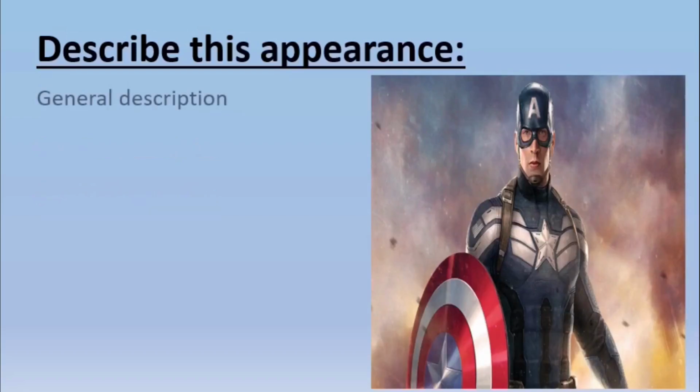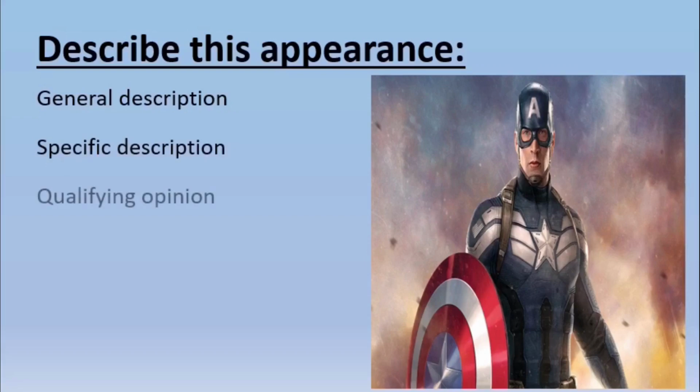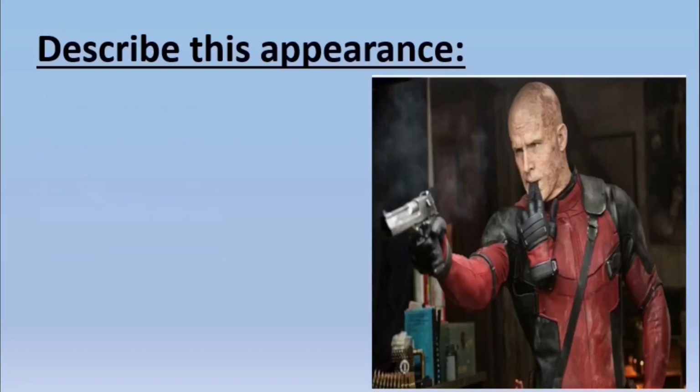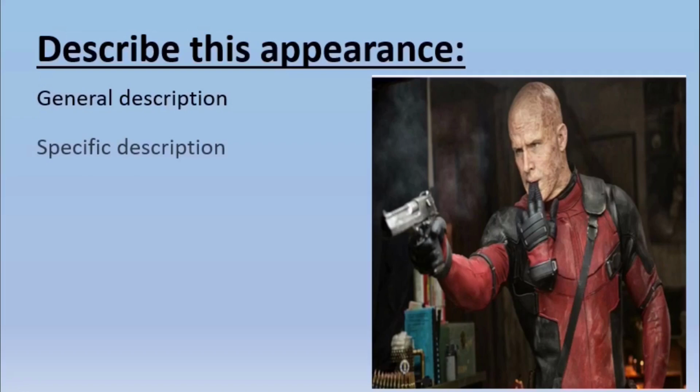He looks extremely athletic. He is wearing a mask with the letter A on it. He looks like a powerful man. He is a medium-built man. He has no facial hair, no eyebrows, or no hair on his head. He has many scars, too. He looks like a dangerous man.